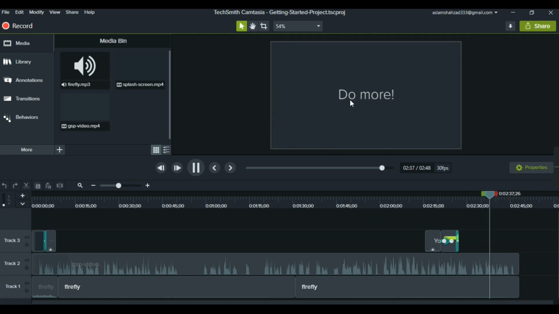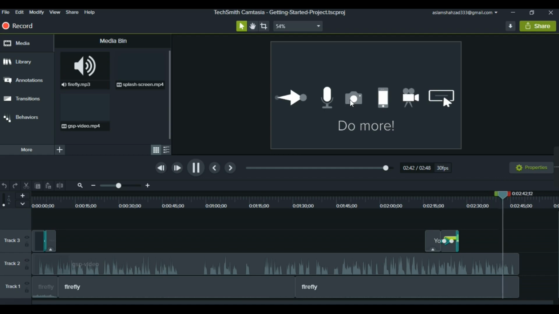If you're looking to do more with your project, like adding animations, quizzes, or even importing your own video, check out the